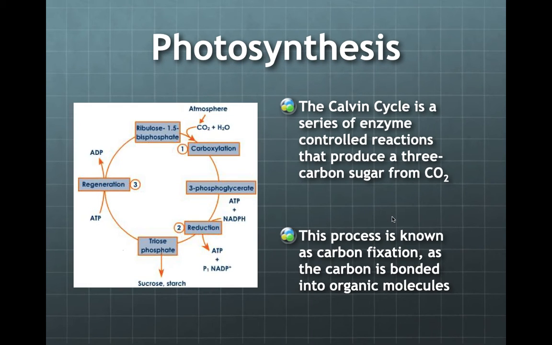So the Calvin cycle is a series of enzyme-controlled reactions that produce a 3-carbon sugar from CO2, also known as G3P. This process is known as carbon fixation, and the carbon is bonded into organic molecules. I like to start with the end, what's left over, so we know where we go. This is similar to what we do with the Krebs cycle in cellular respiration. Similar process here in the